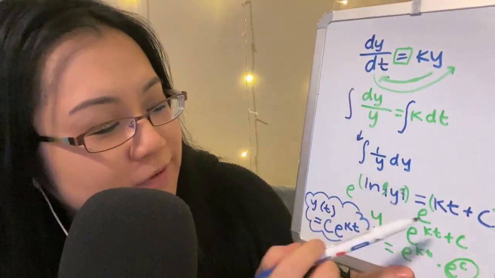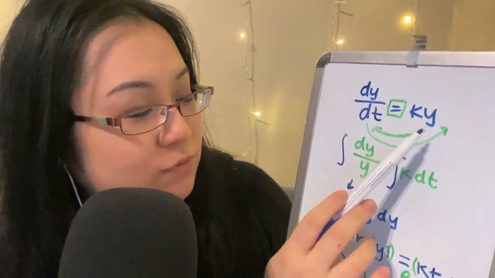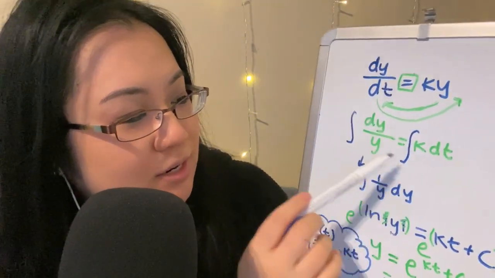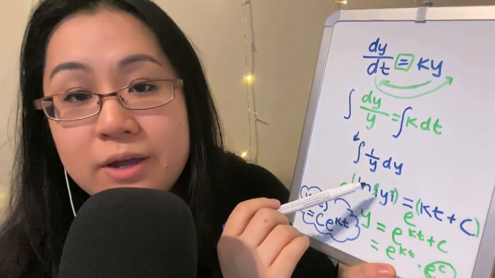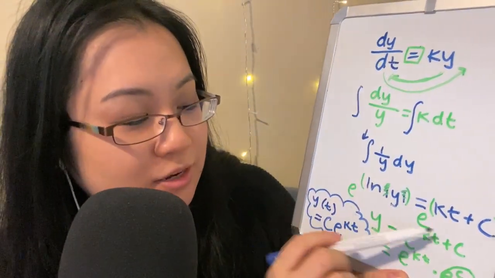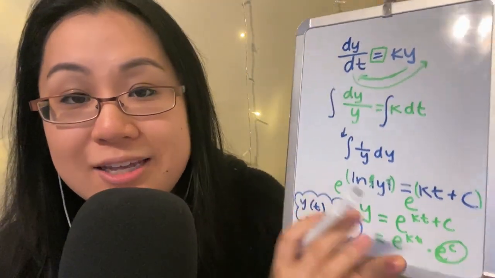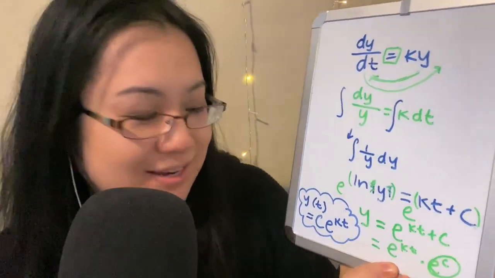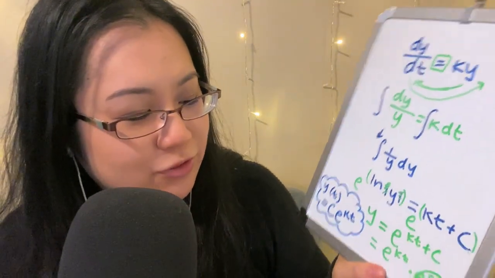Okay, so before I erase this, let's take a look again at what we did. We wrote out the main formula, we moved the y term over, the t term over, and we took the integral on both sides. Then we tried to isolate y in terms of t, so we took e to the power of both sides. Then we cleaned up the constant part a little bit. It comes out in the front, so it's c e to the kt. y of t is c e to the kt. Very nice. Okay, so let's take a look at this a little bit further and break it down.